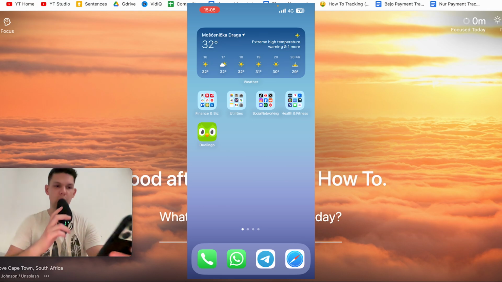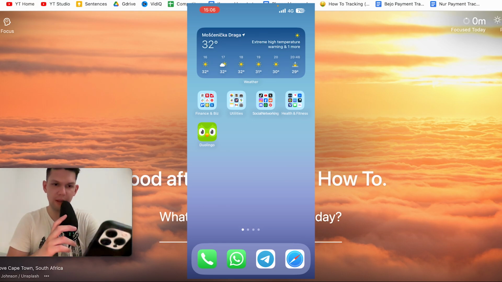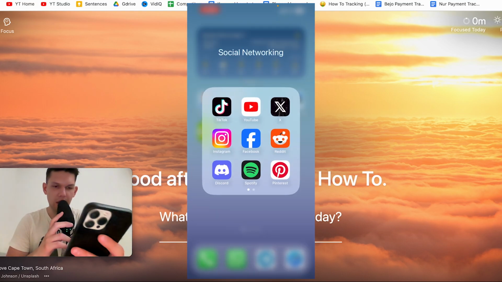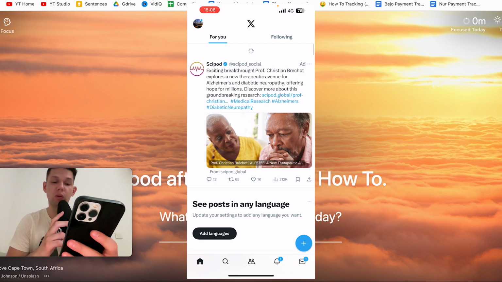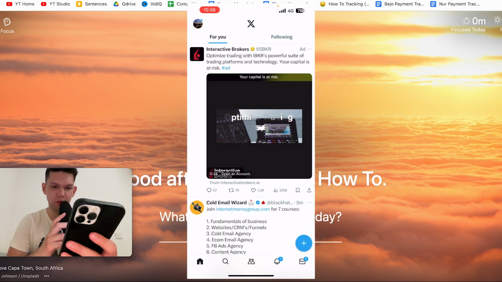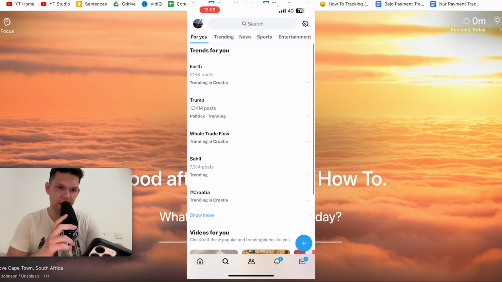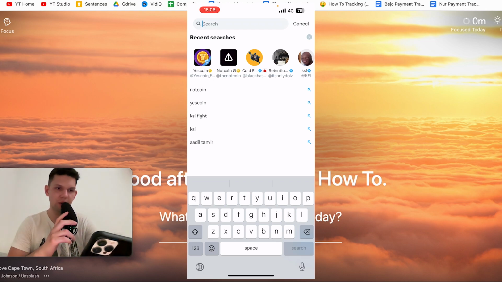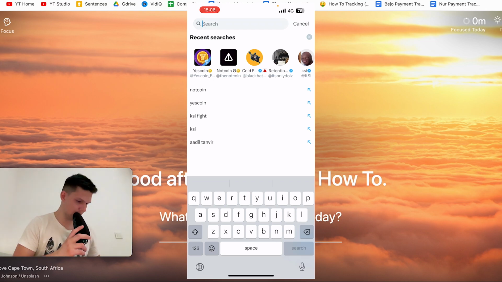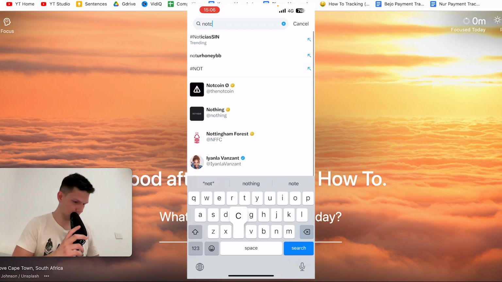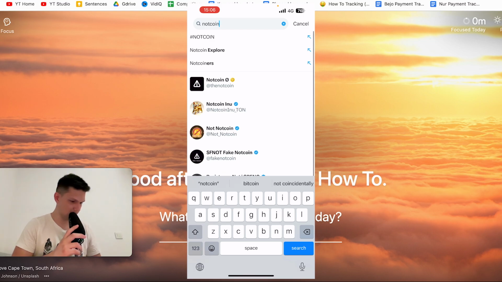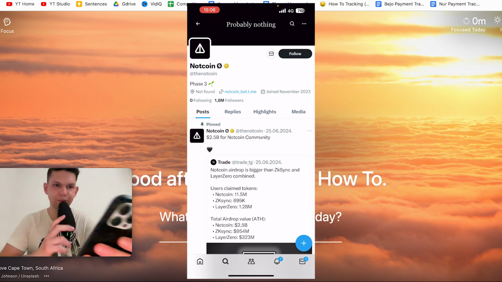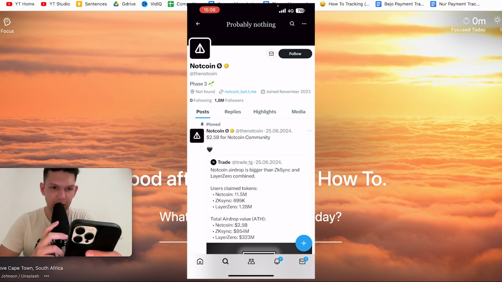So basically what you want to do is open up X or Twitter, and once you have opened it, click on the bottom for the search, then click at the top on search, and then search for NotCoin and click on the first one. Once you have done that, you see the link notcoin/bottoms